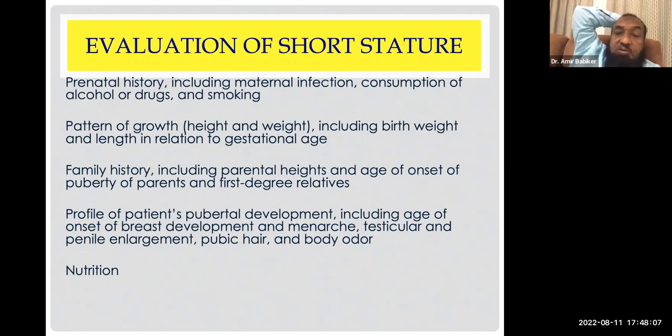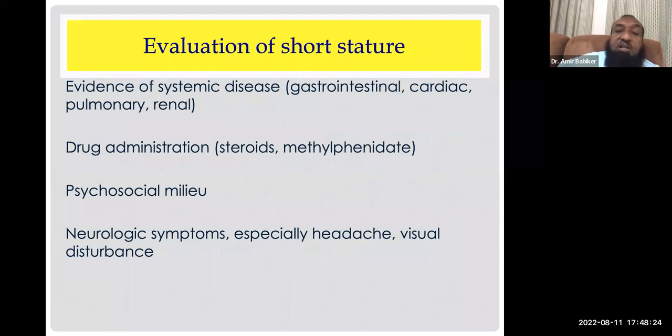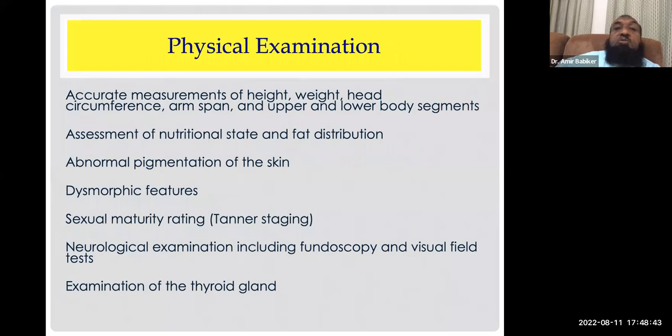Is he wearing glasses or not? See features of hypothyroidism, constipation, etc. Features of Cushing syndrome, whether he put on weight suddenly or not. Does he have any tetany, etc.? This is for pseudohypoparathyroidism. Also evaluation for any systemic illness, and for any exogenous administration of steroids that can give Cushing. Psychosocial milieu: any psychosocial distress that can result in failure to thrive, and height is part of that. Neurologic symptoms, visual problems or headache, indicate any tumor or anything affecting the pituitary. All of this is in the history.